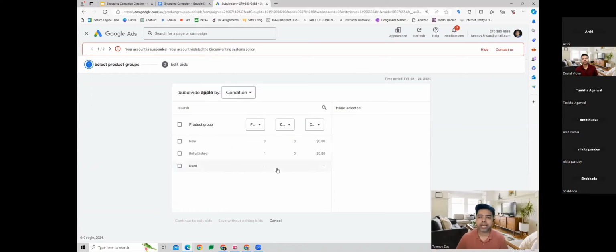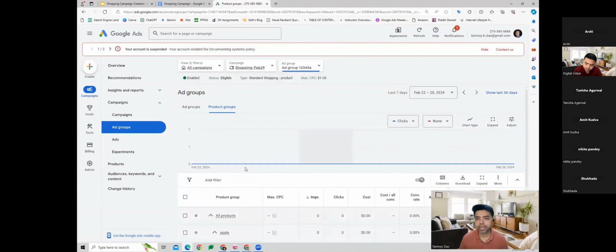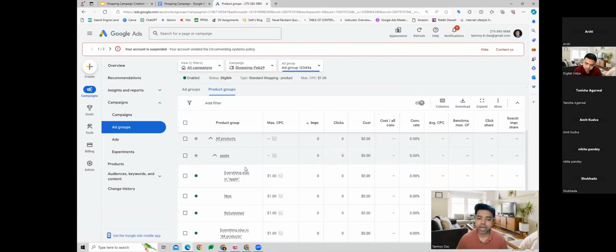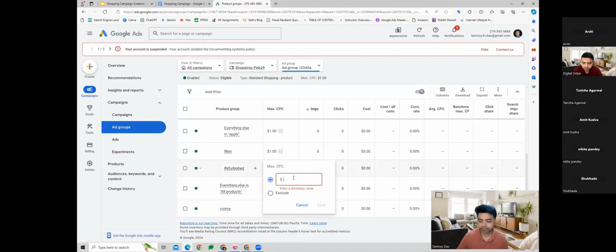When I do that, I get to see that there are 3 new products and 1 refurbished product. When I select them and save them, now they become a product group, and since they become a product group, I can bid on them separately. Now new products means they are high in demand, so I want to stay with $1, but a refurbished product, which is a defective product, has less demand. So I would like to bid lesser for that.